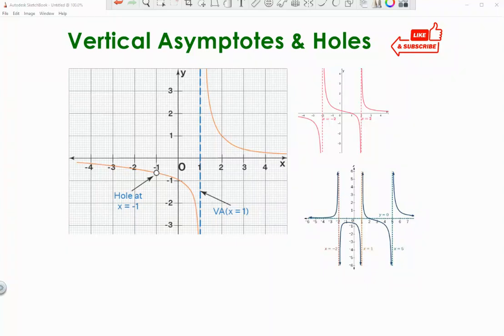Right. So our next task right now is to learn a little bit about vertical asymptotes and holes. Okay, so what are those? I have three graphs in here just to illustrate what vertical asymptotes are. Basically, it's an imaginary vertical line wherein your graph approaches towards that line, but will never really cross